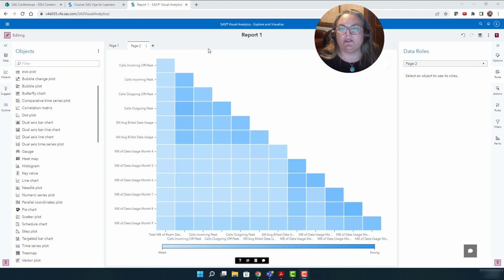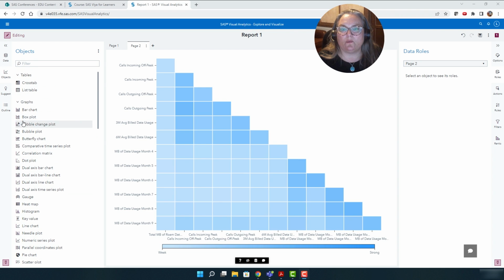In addition to the correlation matrix, we have a couple other objects within Visual Analytics that you might want to take a look at. We have histograms to look at the distribution of the data. We have box plots, which are very useful to look at the variability in the data.